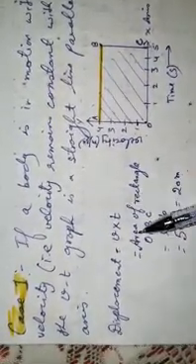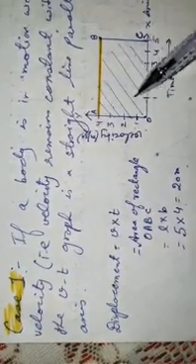So case 1: if a body is in motion with uniform velocity, that is, velocity remains constant with time, the velocity time graph is a straight line parallel to the time axis. See, here I have plotted this straight line AB, which represents the velocity time graph of a body moving with a uniform velocity. Now we have to find the displacement. We know displacement is equal to velocity into time. So here we will find the area of a rectangle